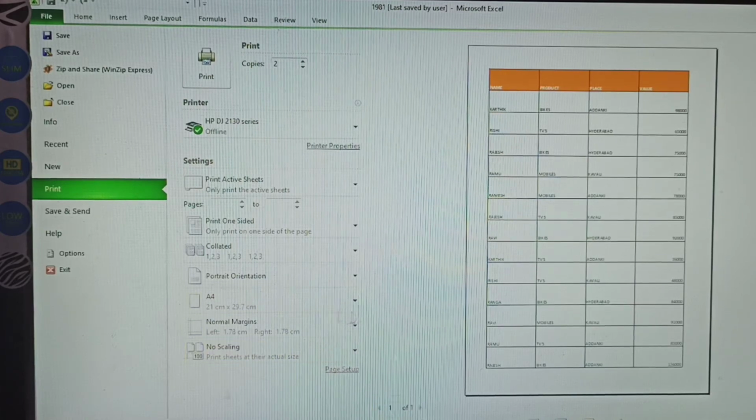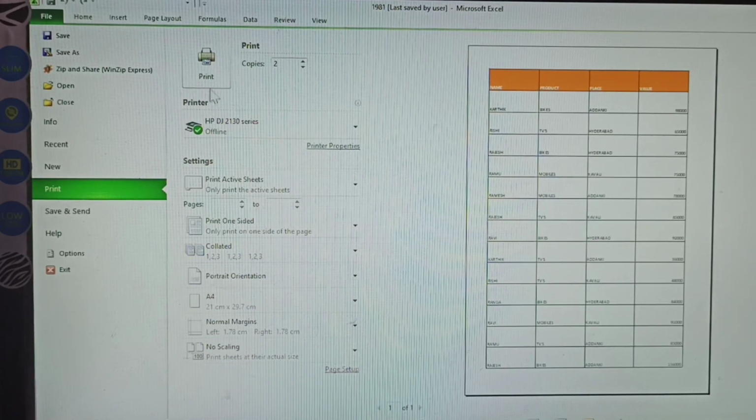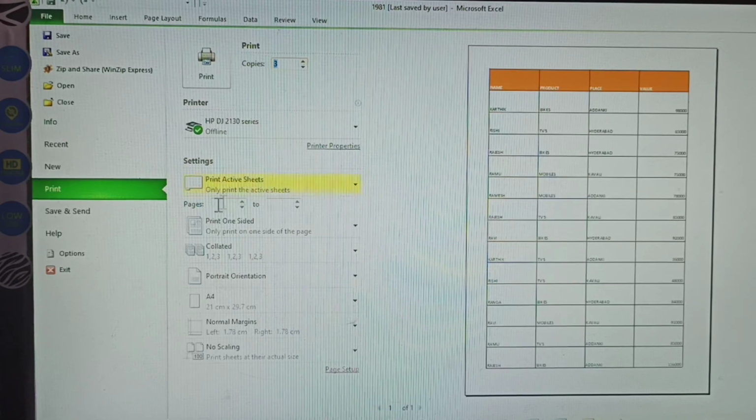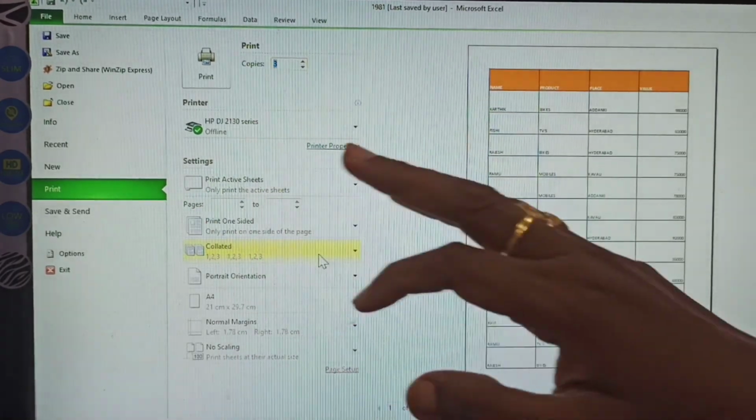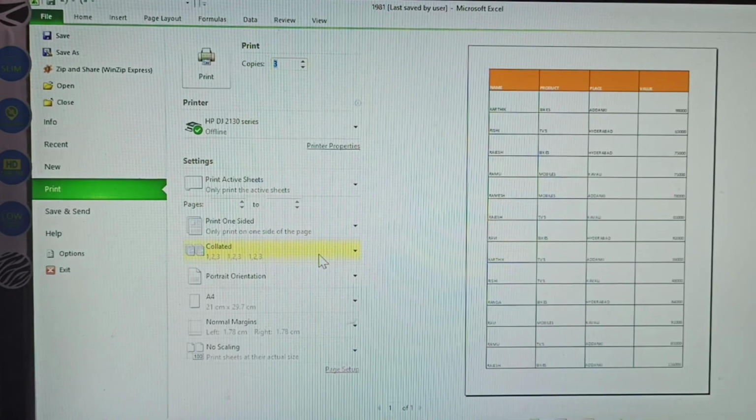This is print. Now ready to print. After clicking this, this picture is there. Before that, how many copies you need, click here. Some more doubt on this one: pages to pages means the first page is not taken to print.